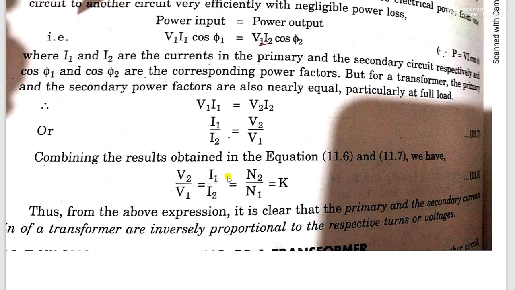It means the ratio between the primary current and secondary current. Like the voltage ratio, V2 upon V1, likewise I1 upon I2 is the current ratio. But in the current ratio, the relation is I1 upon I2 equals V2 upon V1, not V1 upon V2. It is equal to V2 upon V1, which is equal to